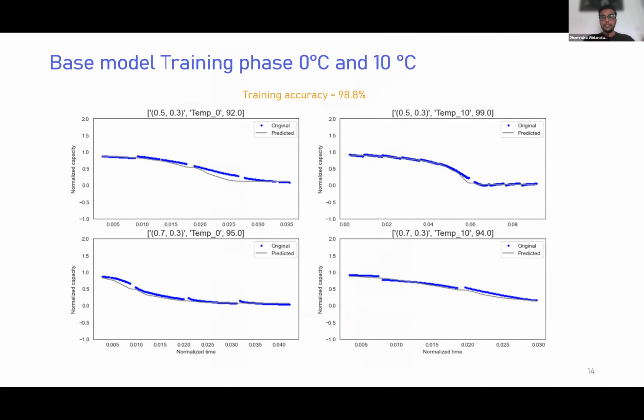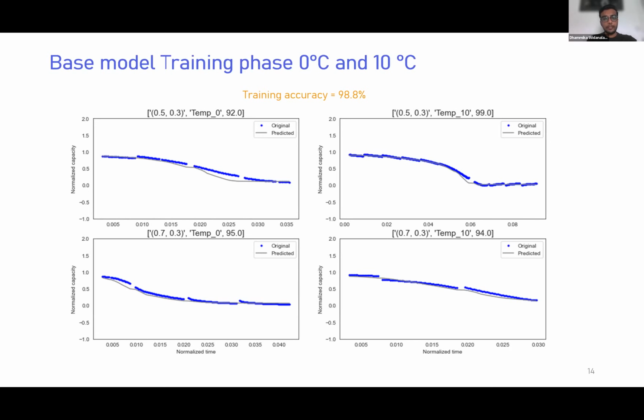And it was promising. It managed to capture this capacity fairly well with 98% accuracy. Just a point to make on this capacity that you're seeing here: these are not from the RPTs. These are not the reference performance test capacity. These are the capacities that we get during the cycling itself. So we were focusing on the actual energy or the capacity we were extracting while the cycling was happening.